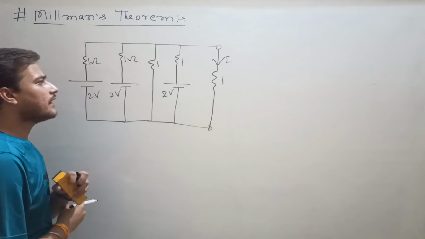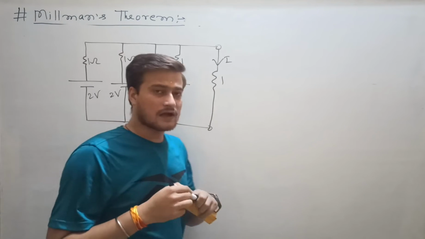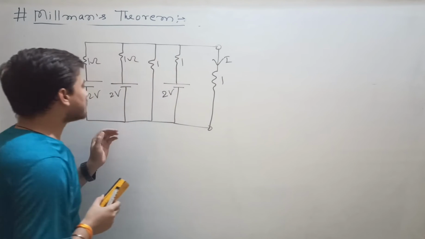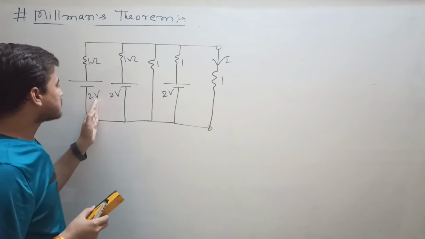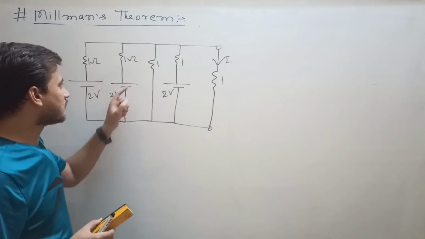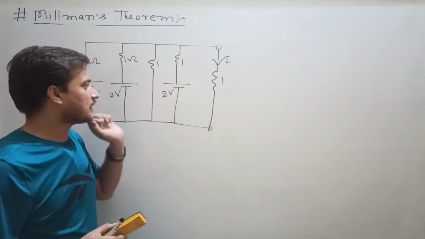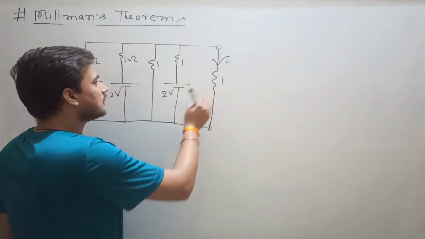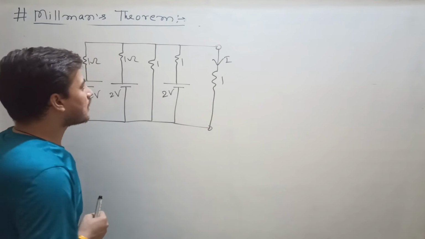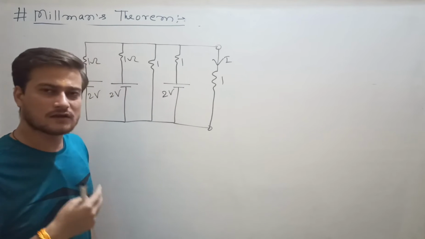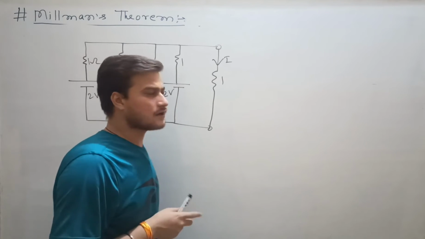You have to find the value of current I. So let us see how to find. Here you see that a voltage source is there, but here a voltage source is not present in the circuit, and here it is load resistance RL. So now somebody will ask you to open the load, then draw the Thevenin's equivalent. Don't worry, don't do that.